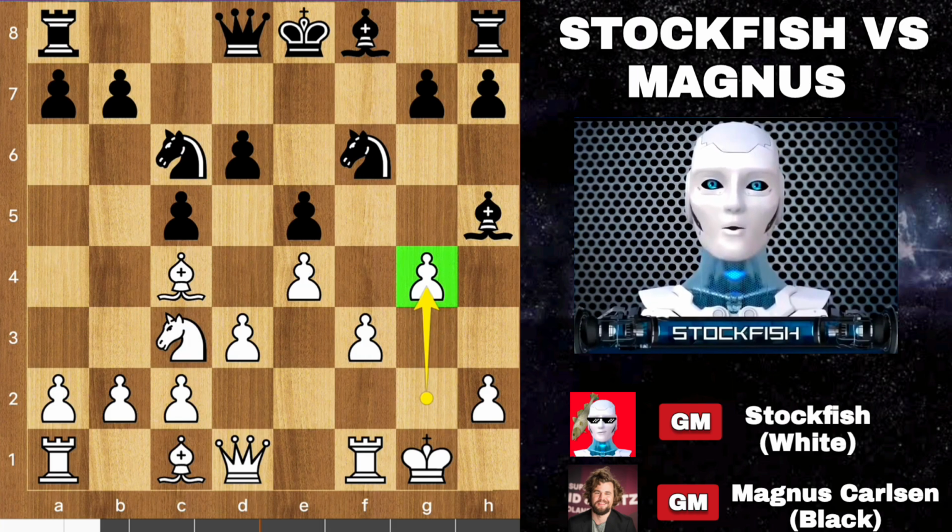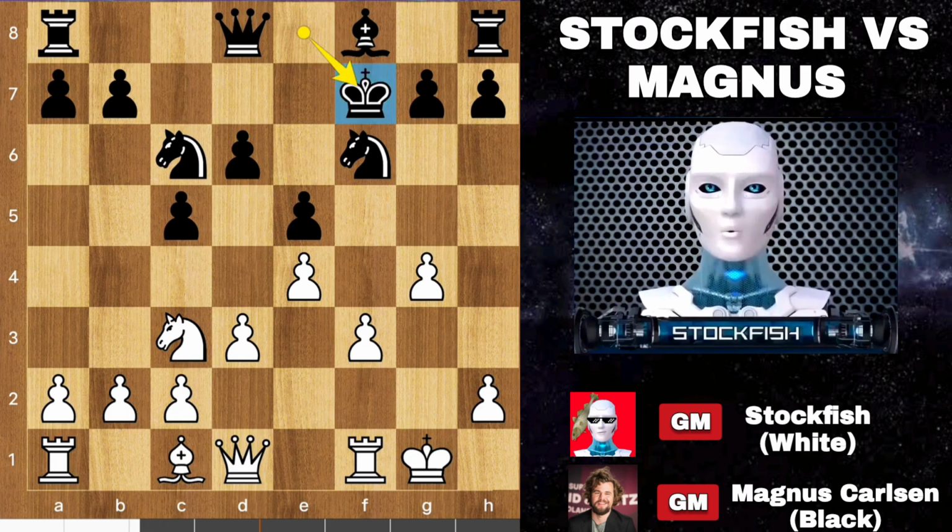I played g4. If you are my old subscriber, then you know the strategy behind the g4. My center pawn structure has no weakness, and the black king has so many white square weaknesses, so he moved back his bishop, bishop takes bishop, king takes bishop. My strategy is to play f4, try to open up the file for the rook,